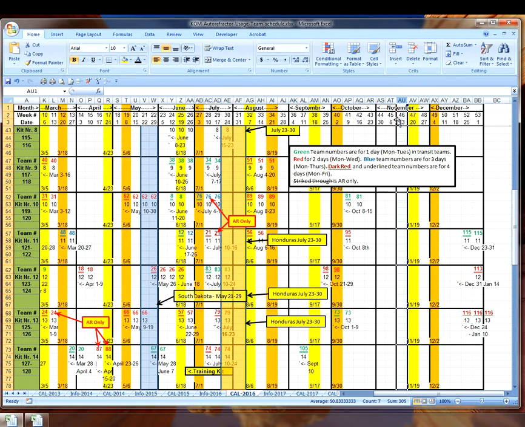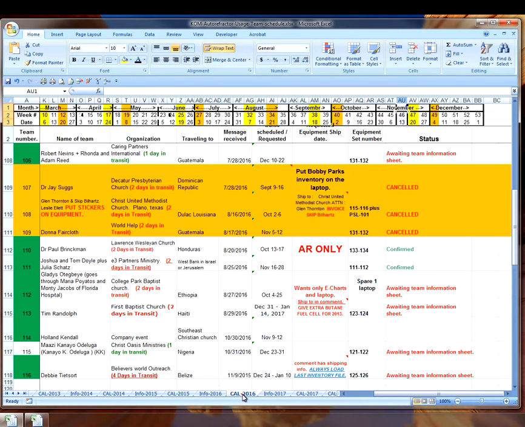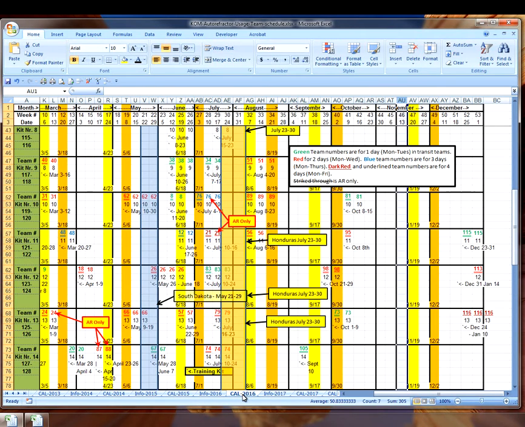And as I can see, I'm sitting now at November the 15th, and here is 1, 2, 3, 4, 5 weeks in advance of their trip. So team number 116. If I look at team number 116, I see that that's Debbie Tightsort, Believers World Outreach. So I'm looking at the information tab, and this is the calendar tab. Now what I want to do is, first of all, I want to prepare the Excel spreadsheet that has